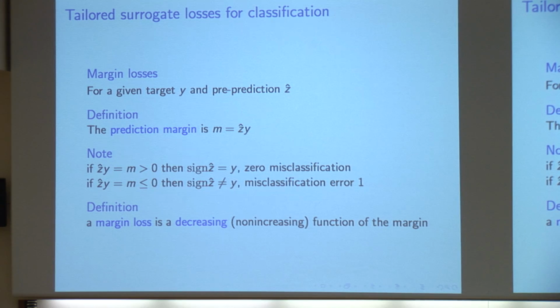So we'll start seeing the obligatory diagram shortly. What's a margin loss? A margin loss is some loss that only depends on your model through the margin quantity. So it's just a function of the margin. And I'm not selling this. I didn't even make it up. I'm just telling you what it is.